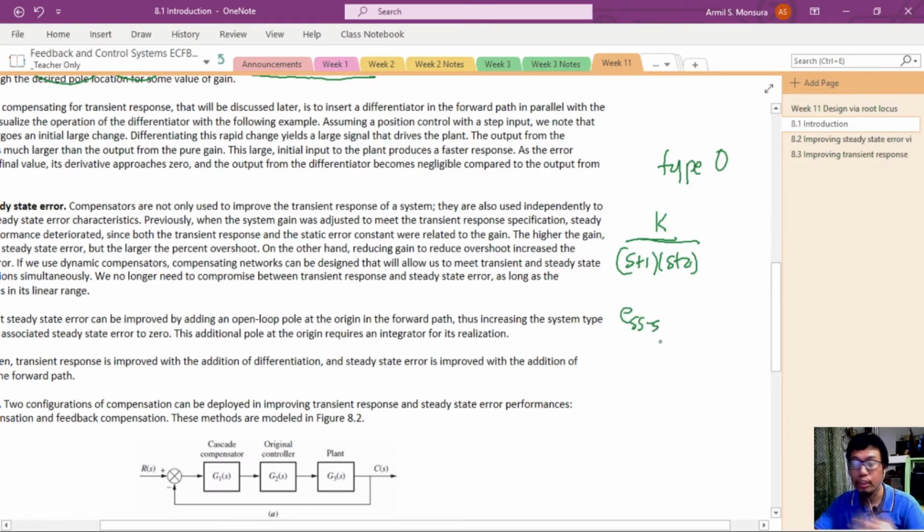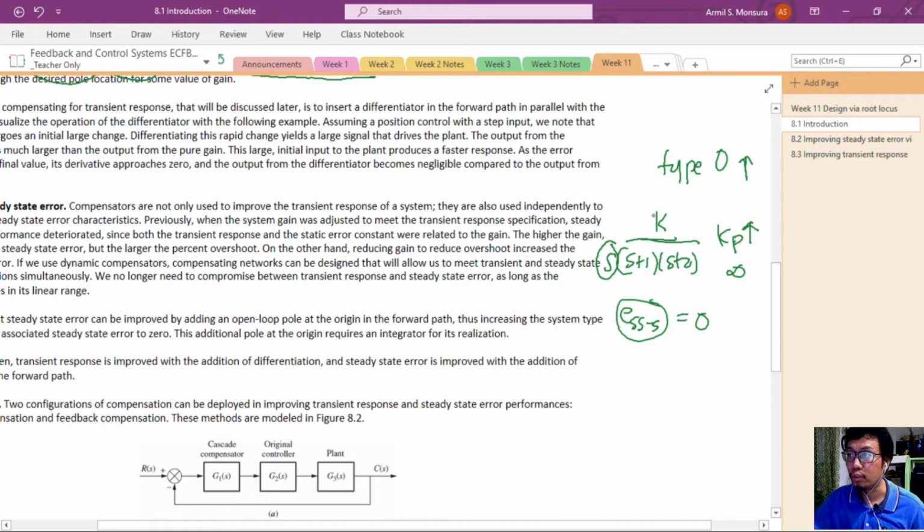Okay? So if we want to zero the error, or the steady state error due to a step input, what we want to do is increase the system type of this. We want to make it type 1 so that it has an integration factor here. And thus, this becomes 0, because its Kp, okay, would increase up to infinity. Okay? So that improvement can actually be done by adding an integration factor